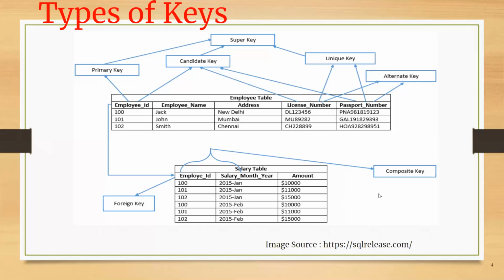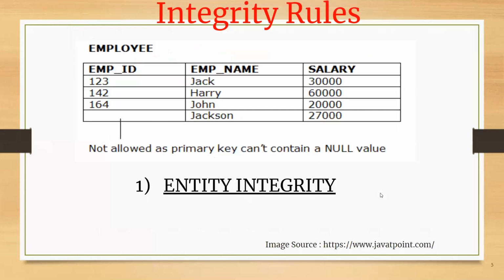Let's move to next. Next, we are moving to integrity rules. First we should understand what we mean by integrity. Here we are referring to data integrity for relational databases, which can be defined in very simple words: the data has to be complete, it has to be accurate, and it has to be consistent. So data integrity in short is a set of rules which will make sure that whatever data is stored in your databases will have quality of information. It will have information which is not null, which will have complete information.